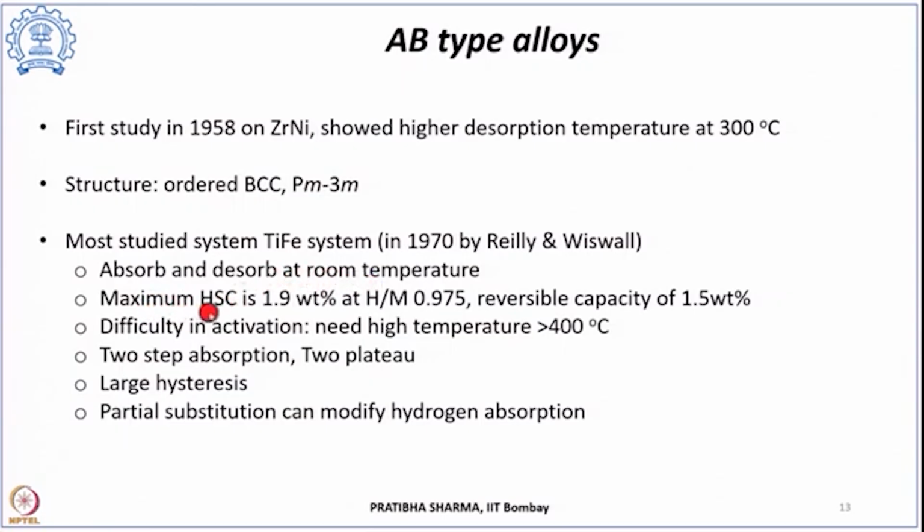It can give a maximum hydrogen storage capacity of 1.98% at an H/M ratio of 0.975 with a reversible capacity of 1.58%. But the major challenge is the problem in activation, and it requires a high temperature for activation, greater than 400 degrees centigrade. At the same time, it shows two plateaus that we have seen in the previous class. There is two-step absorption and there are two plateaus. There are two different hydrides which are formed, beta and gamma phases,